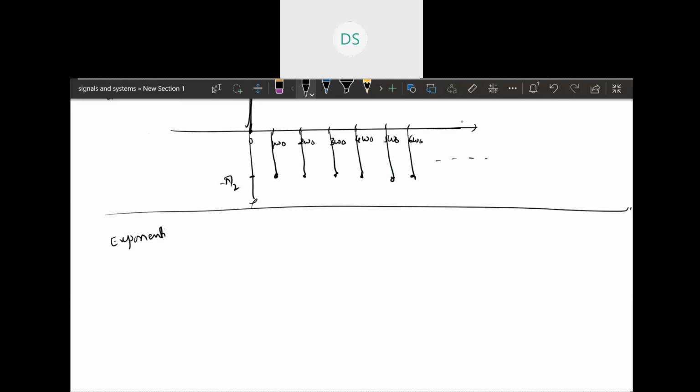Exponential Fourier series. Whatever we have seen above is the trigonometric Fourier series, with only sinusoidal and cosine components. The exponential Fourier series can also be derived from the trigonometric Fourier series. First we will derive it from the trigonometric Fourier series. We know that the trigonometric Fourier series x of t is equal to a naught plus